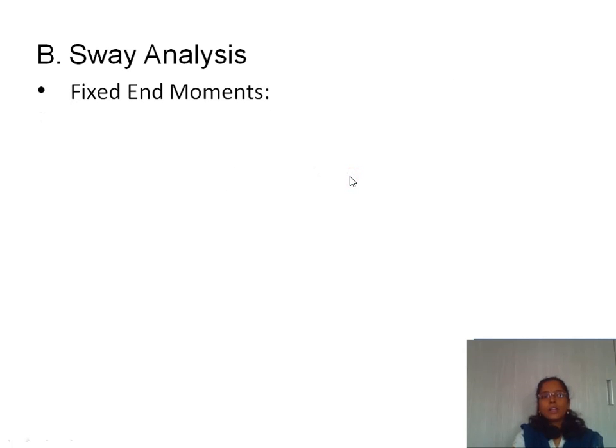So in this, let us find the fixed end moments. Since the far end A is fixed, before that we will calculate it for the horizontal member. We know that in sway analysis the horizontal members are not subjected to any displacements, therefore the fixed end moments MFBC and MFCB will always be equal to 0. Okay, so now let us calculate it for the vertical members.